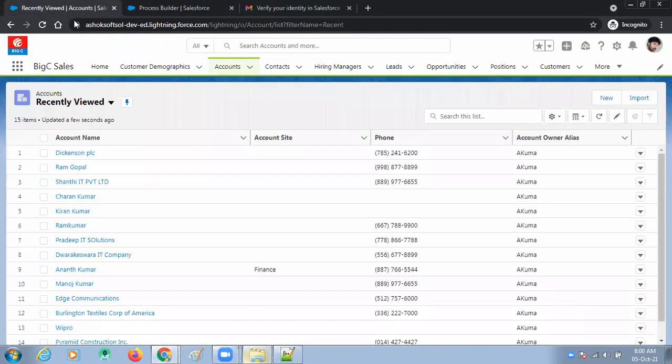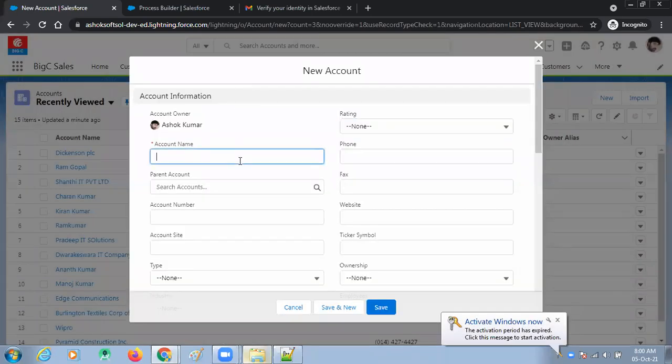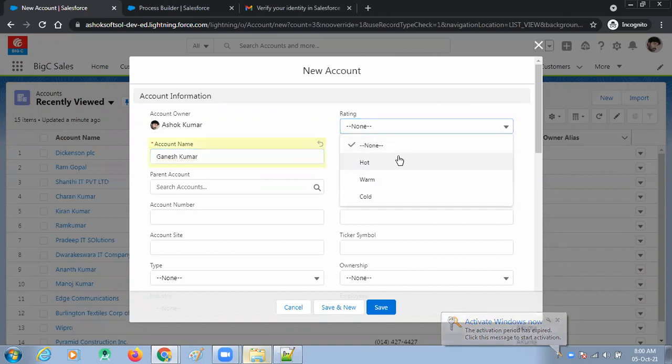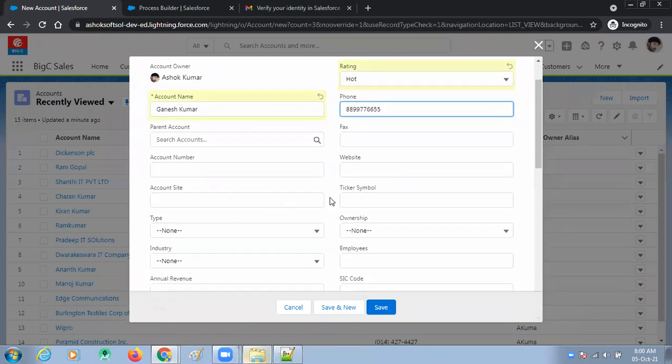Okay. Now I'm creating a new record. Ganesh Kumar. The rating value is hot. Phone number 1, 2, 3, 4, 5. The fax 1, 2, 3, 4, 5.